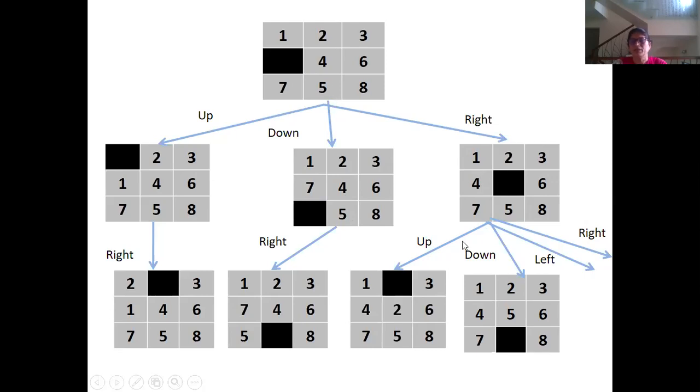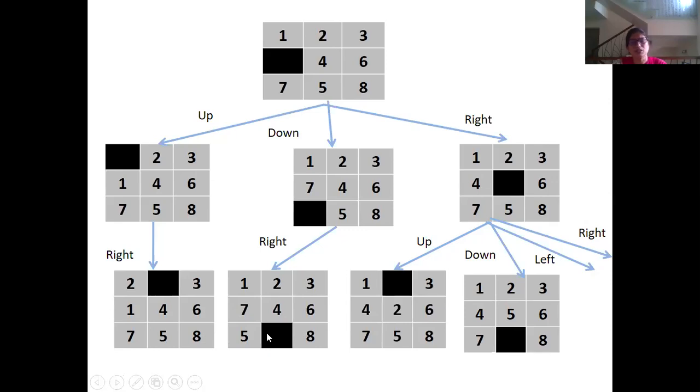So once you move it up, you enter this state. Once you move down, this is a new state. Once you move to the right, you get a new state. Because there is no space, I have not put that state block here. And the left move also you can make, but of course, it is not required because you go back to your parent state. Once you get to this state, again this state will be expanded in the same way. Same thing here, and all the states will be further expanded depending on the movement of your black tile.